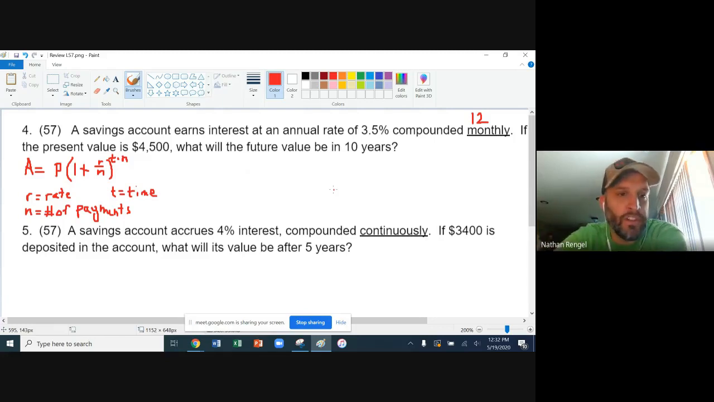If the present value is 4,500, what will the future value be in 10 years? So other things about the information we're given, there's our R, there's your T, and then 4,500 is your original present value P, or sometimes it's called the principal. Our formula then is A equals, and we're going to plug everything in, 4,500